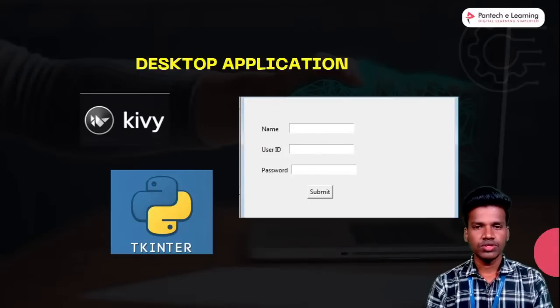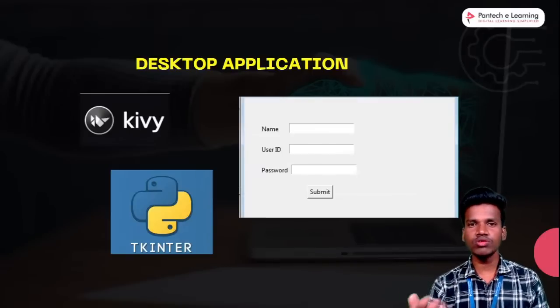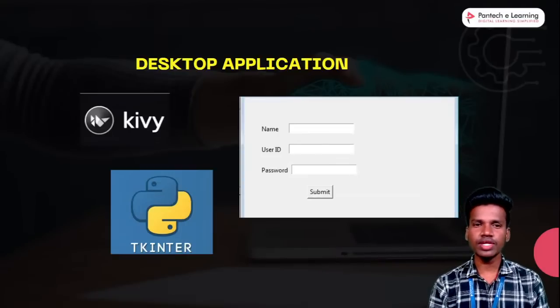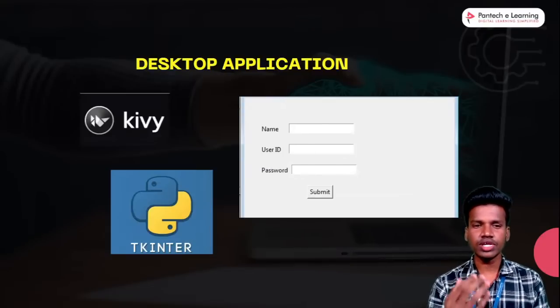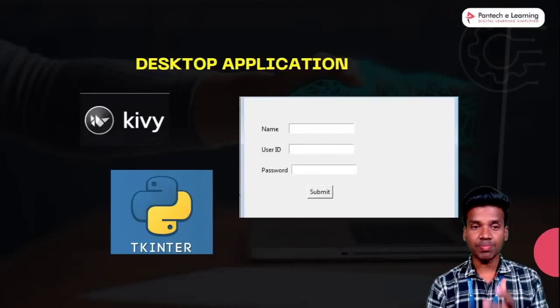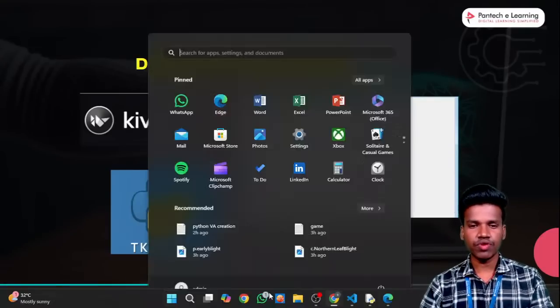So this is an example for WhatsApp. We all download it in the browser. We have downloaded the applications of WhatsApp, Instagram, and Facebook. These are also used as web applications, and when downloaded, we call them desktop applications, right? So Tkinter and Kivy are the most popular and familiar packages for creating desktop applications. Now I show an example for this as well.